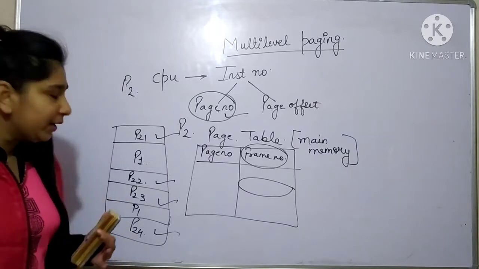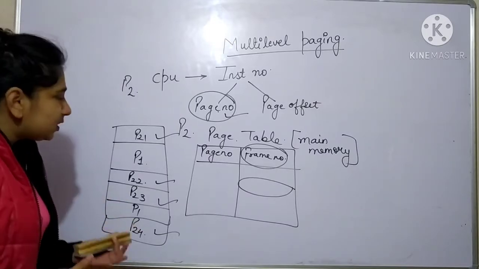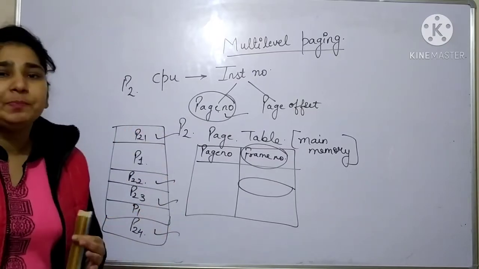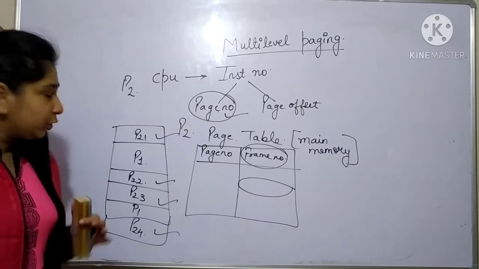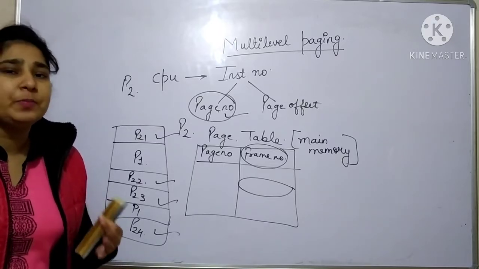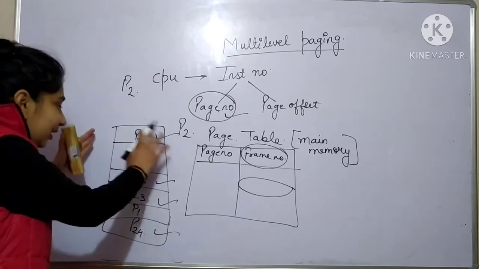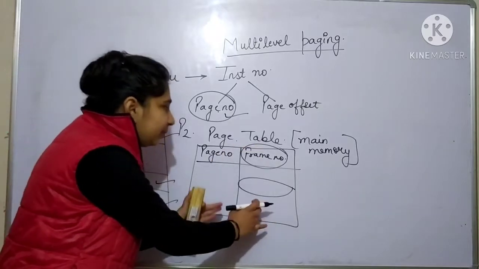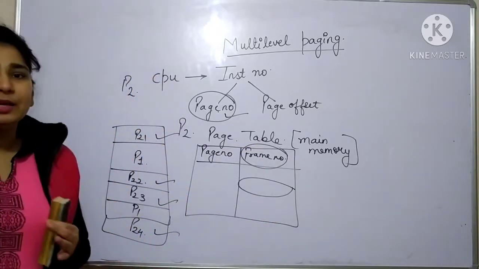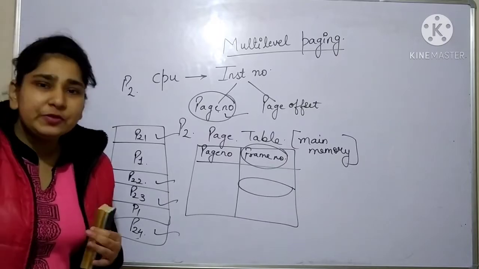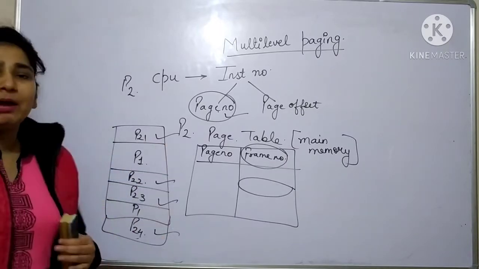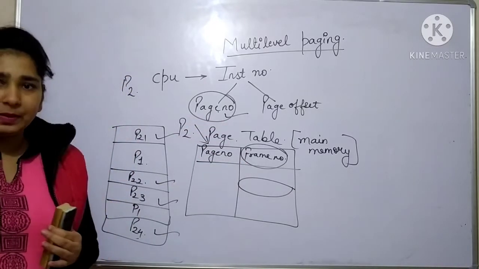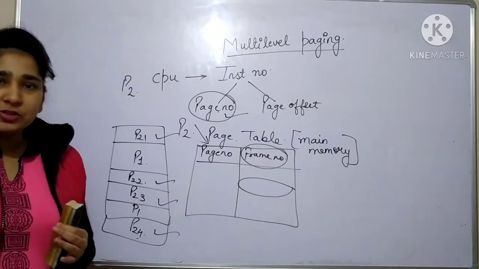If we don't have a page table, we don't know where our actual instruction is present, so you have to look into the complete main memory. Your searching time is going to increase. If you are using the page table, your searching time is going to be very less. Instead of searching the complete main memory, you are searching in the page table,